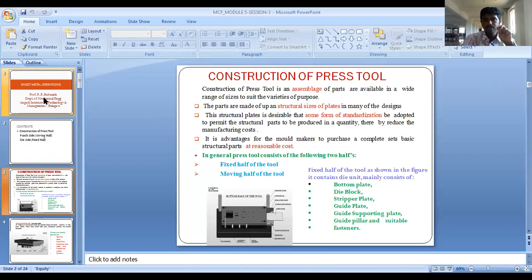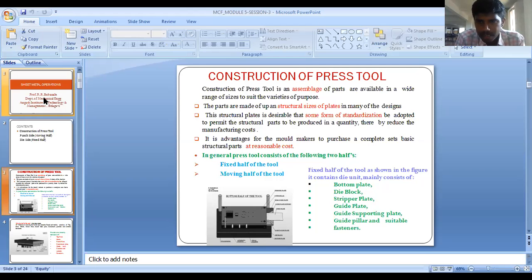So construction of press tool is very important, where the assembly of all the parts takes place, and they're made up of standard size plates. Some come in the form of standardization, and using the standardized parts will have a reasonable cost.